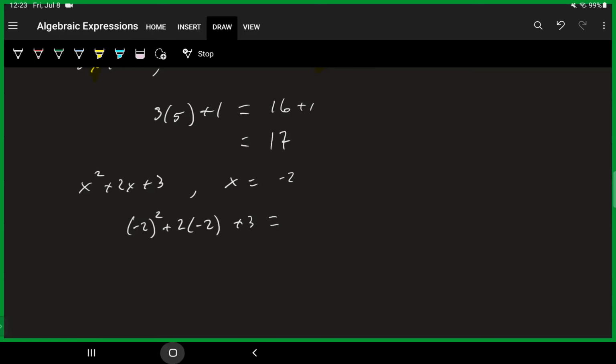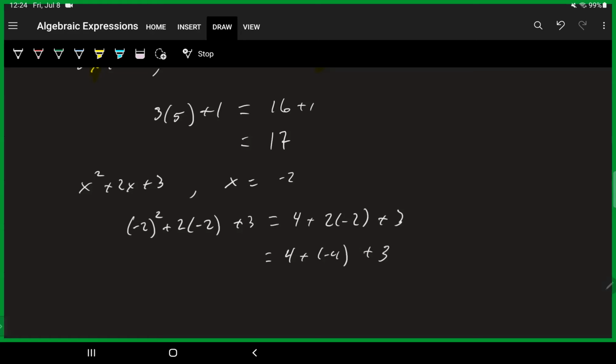So -2 squared, that's -2 times -2. That's going to be a +4. Plus 2 times -2, well, let's do the order of operations completely in order. So it's 2 times -2 and plus 3. I don't want to get ahead of myself there. So that was parentheses first. Well, there's no real parentheses to worry about. So exponents come up and we took care of the exponent. Multiplication, division from left to right. So I'm going to work on that middle term now. 4 plus a -4 plus 3.